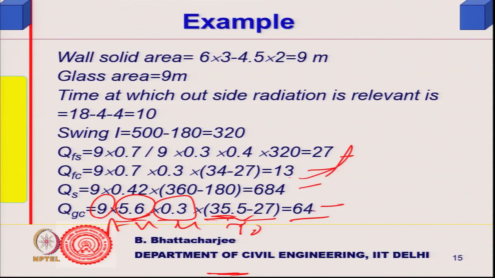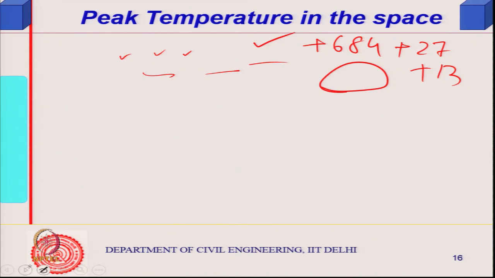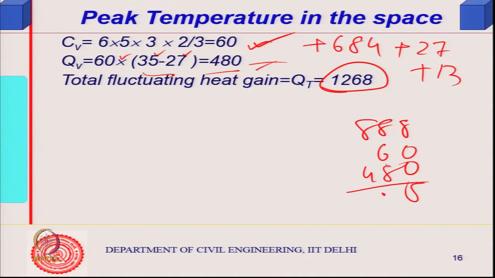So, this makes it 104 plus 684, 784 plus 104 will make it 888, right, and then followed by 60 plus 480. So, 888, 60, 480 would be 8, whatever it is, if I have made a mistake, there is a possibility, but it comes out to be 1268 in that manner. So, that is the total fluctuating heat gain. Now, this must be equal to